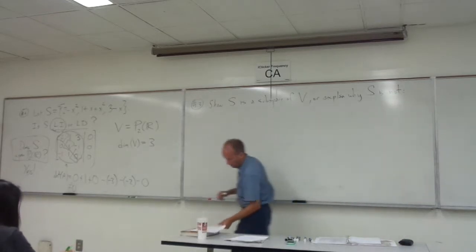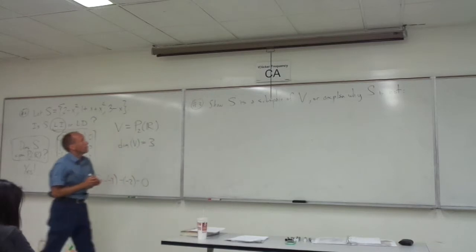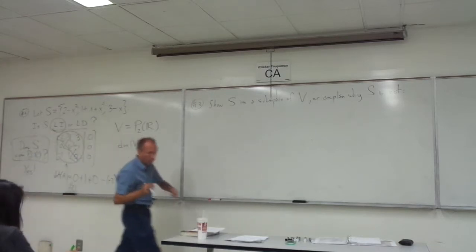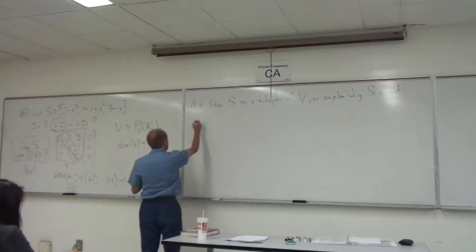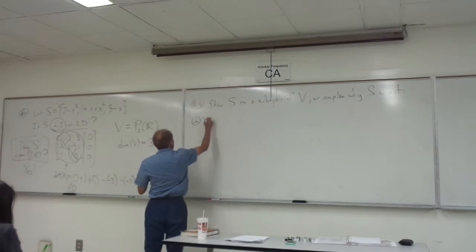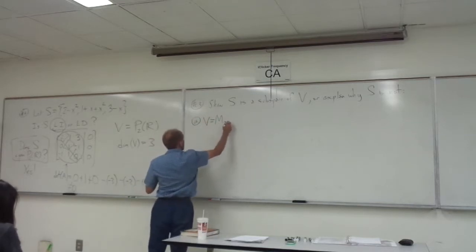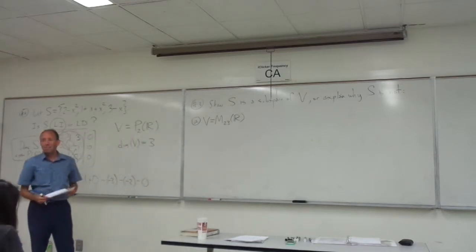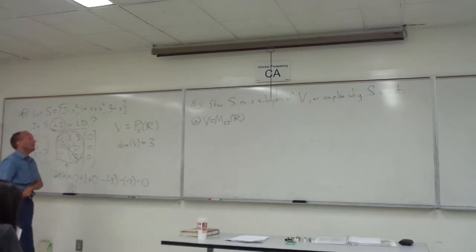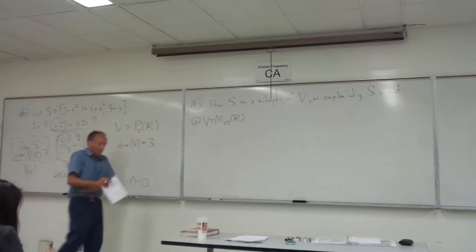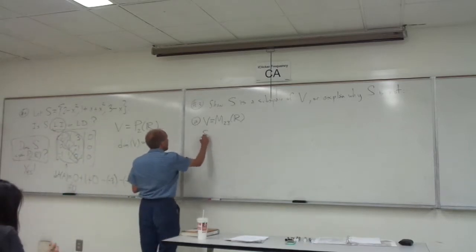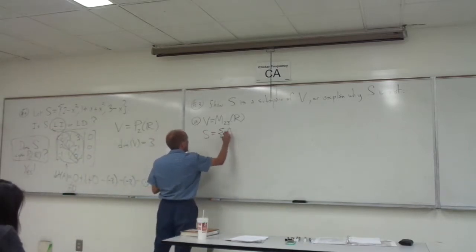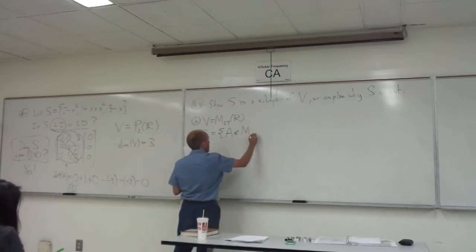So show that S is a subspace of V, or explain why it's not. So here's the first one, part A. V is going to be M23 of R. We're back to matrices again. These are the 2x3 matrices. And I'm going to let S be the set of capital A, element of M23 of R,